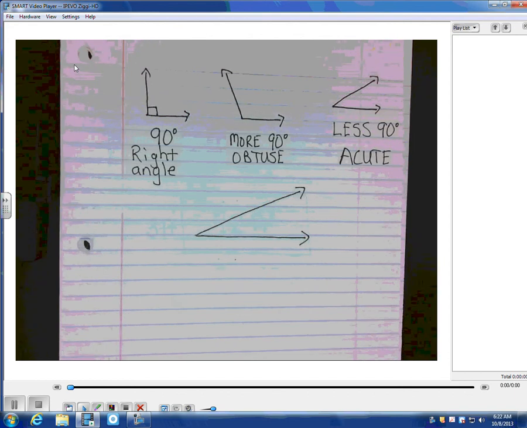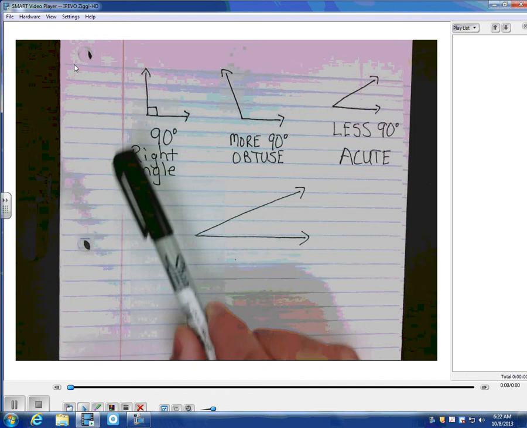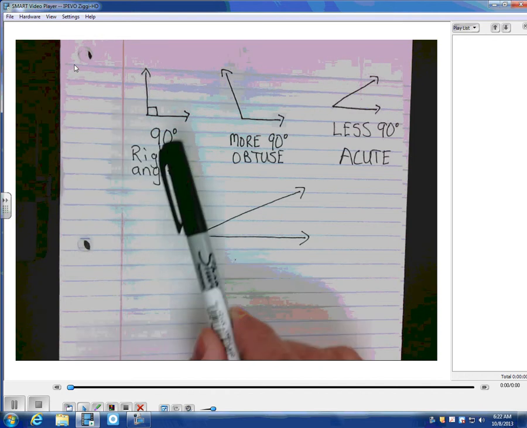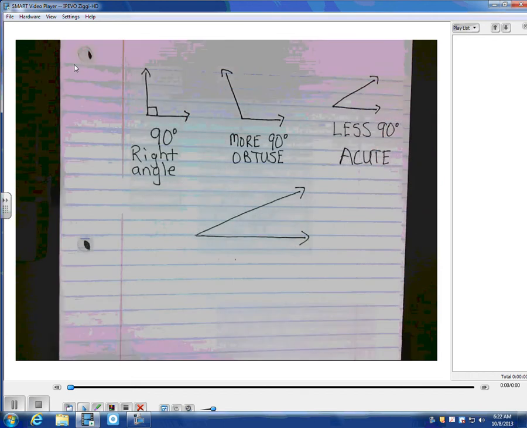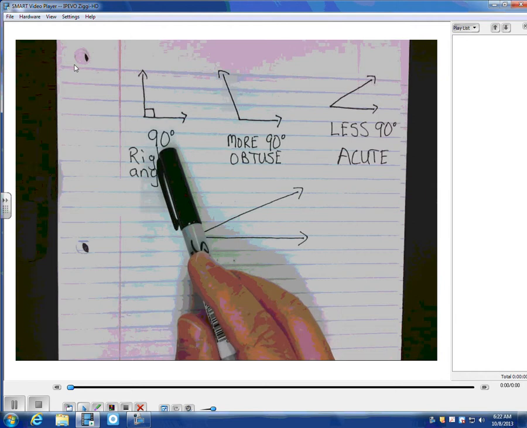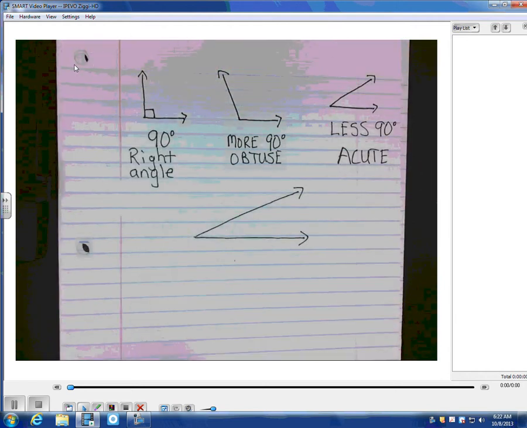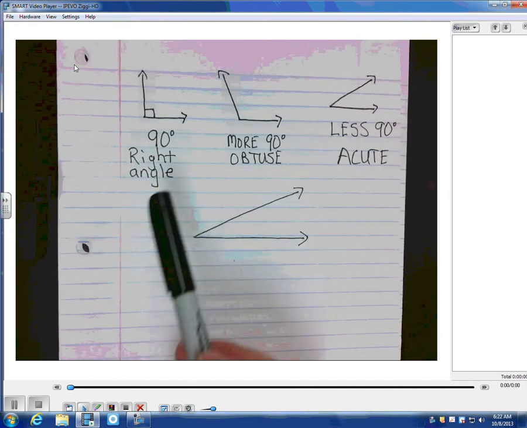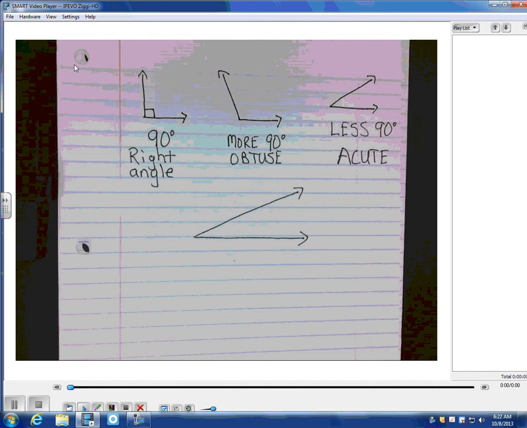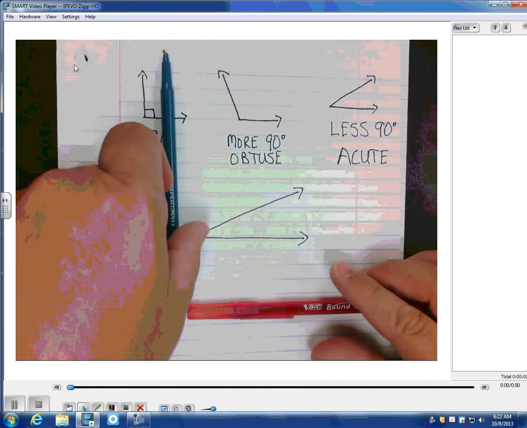Okay, let's look up here at the first one, the right angle. Okay, a right angle almost looks like a perfect L, and it'll usually have that little symbol in it that will tell you that it is a right angle. So it's 90 degrees. So whenever you see an angle like that, it's like a perfect L. It's 90 degrees. Okay, and it's a right angle. From that, I'm just going to show you here with these pens. So if that's a right angle,